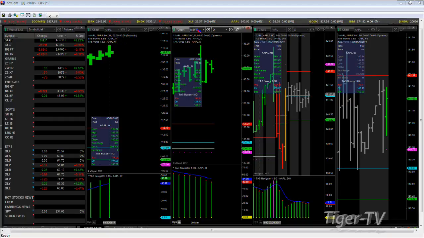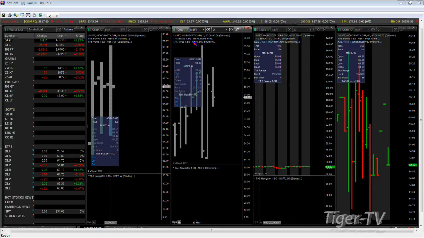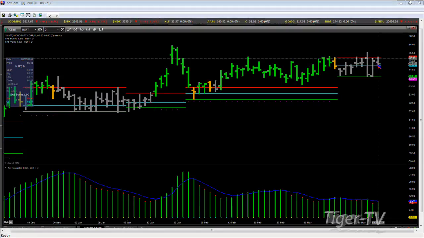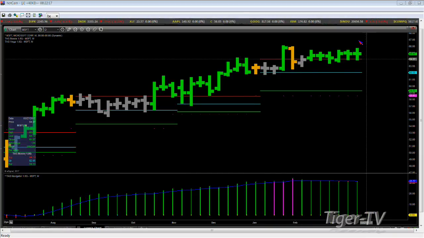Let's take a look at Microsoft. This has really been a buy the dip, buy support situation. Here's what happened the day before, and then there's the top of the range on the daily. So it's a great place to look at these inflection points to pick your battles. 64.11 on the daily, bottom of the profile, and then 64.10, top of the profile on the weekly. So again, you're coming down on a stock that's strong, into the bottom of the profile on the daily, while at the same time staying in that upper range on the weekly, still showing itself as very strong, not wavering at all.